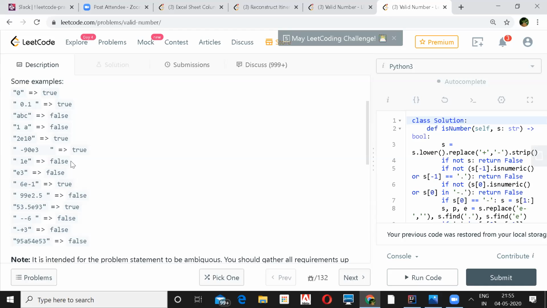In the 1E example, I'll have 1 as a valid one. After 1, I can go to E. But how do I put a condition that after E, I must go somewhere, otherwise it's not valid? So in the interview, are these examples the ones we have to come up with, or will the interviewer provide them to us? Because when we look at it, we make the assumption that the space will not be a problem, because we know what the answer is.